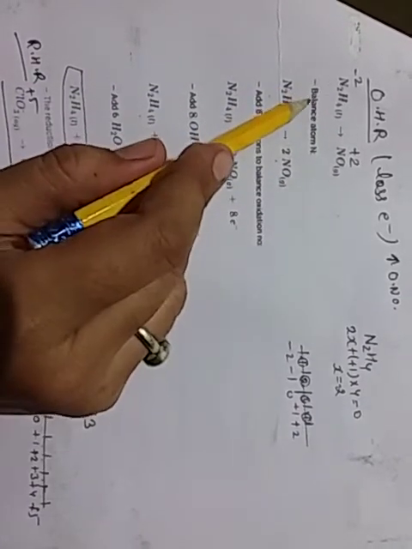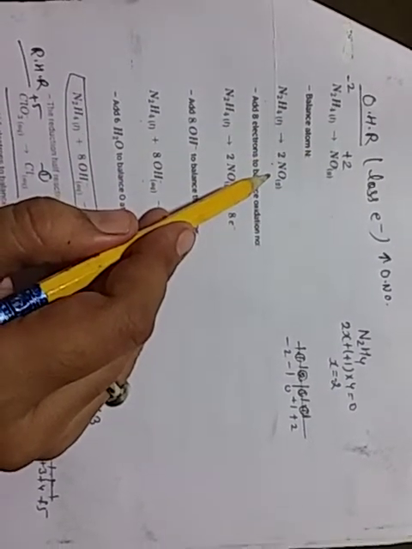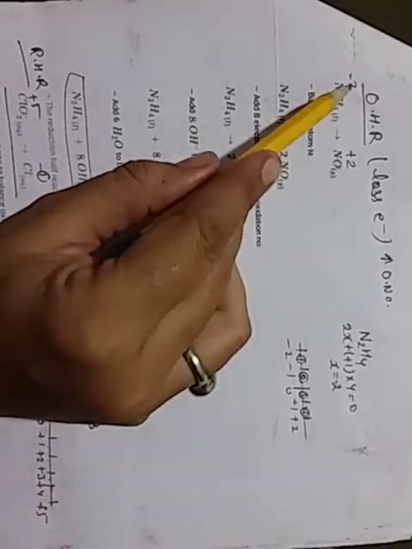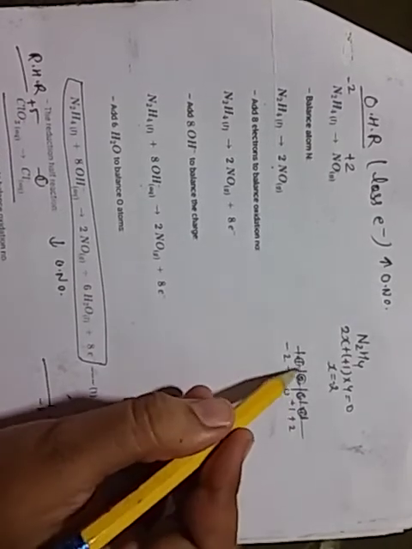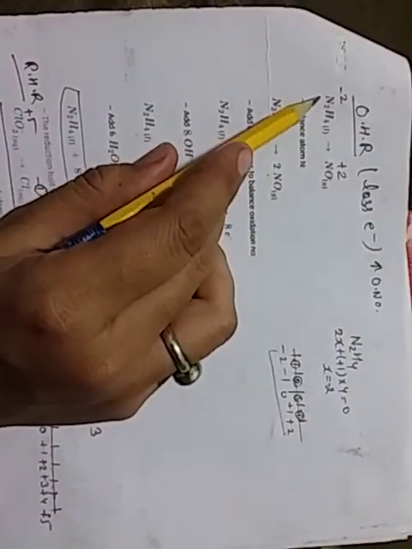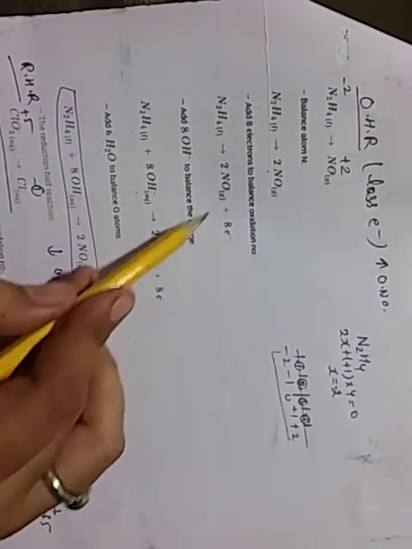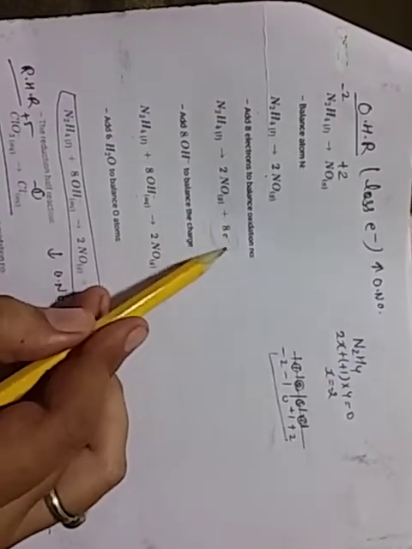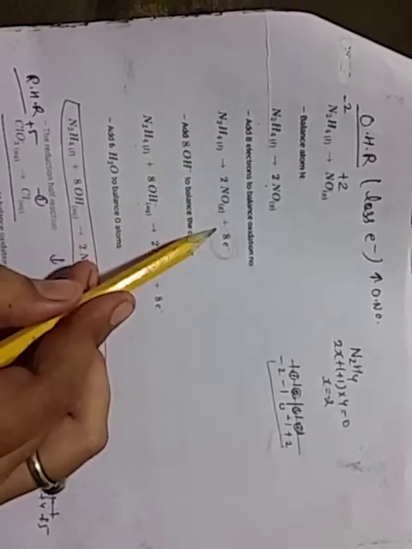So first balance the nitrogen atoms. Here there are 2 nitrogen, here a single one, so we write 2 NO. Then see, minus 2 to plus 2. Representing on the number line, 0, plus 1, plus 2 on the right-hand side, and minus 1, minus 2 on the left-hand side. So minus 2 converts into plus 2: 1, 2, 3, 4. So 4 electrons are lost by 1 nitrogen. Here 2 nitrogen are given, so 4 times 2 is 8 electrons lost. The lost electrons are written on the right-hand side. So N2H4 converts into 2NO plus 8 electrons.